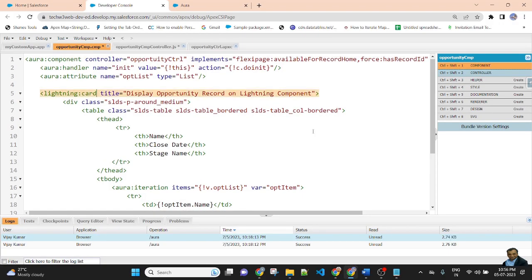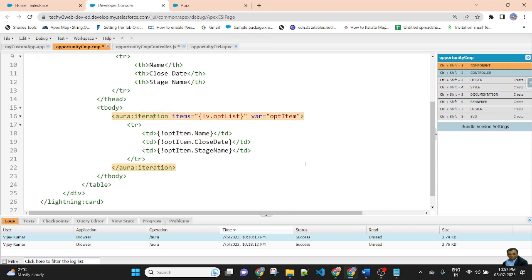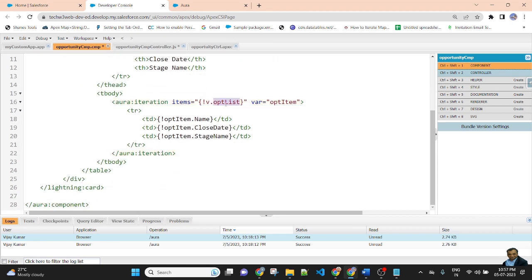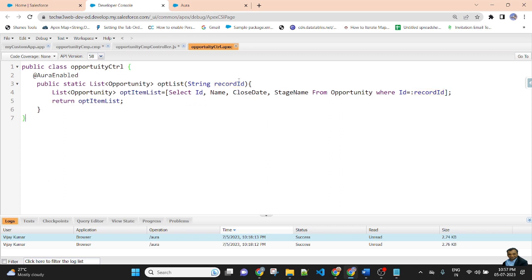Here is the lightning card where I am providing the title. This is the table head and this is the table body. This opportunity list stores the result, the getReturnValue, which comes from the Apex class method.